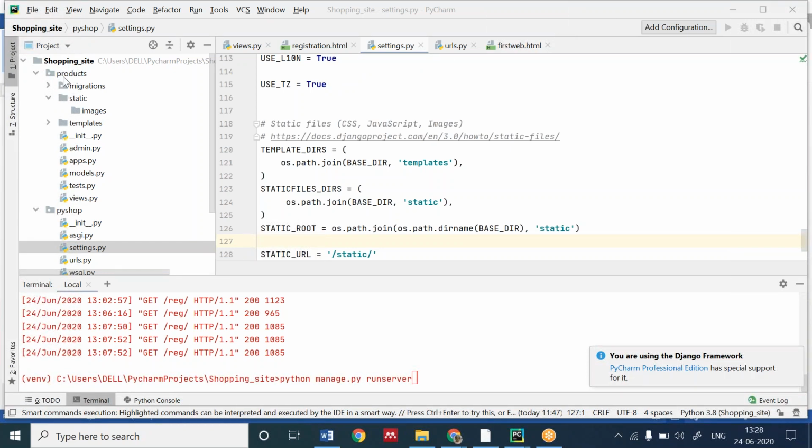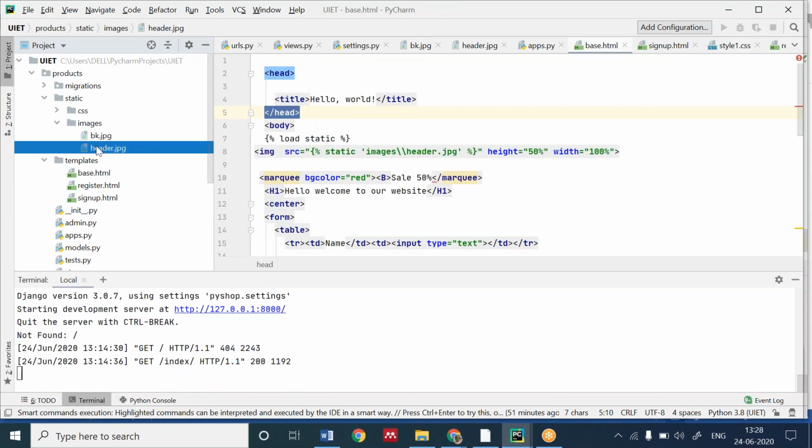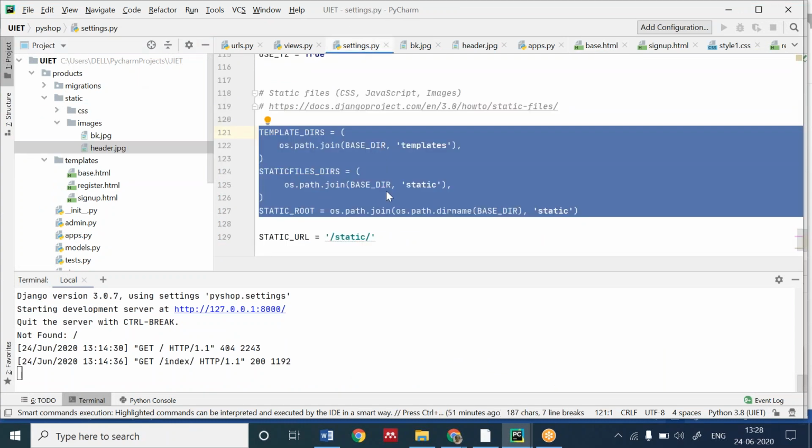So firstly, create a folder in the app called static, then images. And then in images, we have to copy and paste the image. Okay, that is done. The second step was to go into settings.py for static and you can copy the code from here.